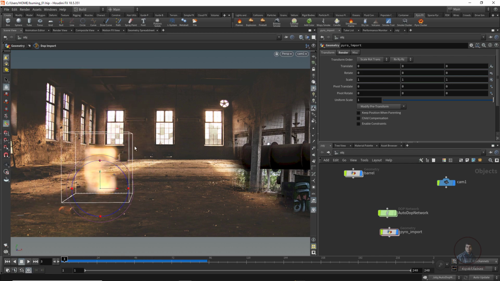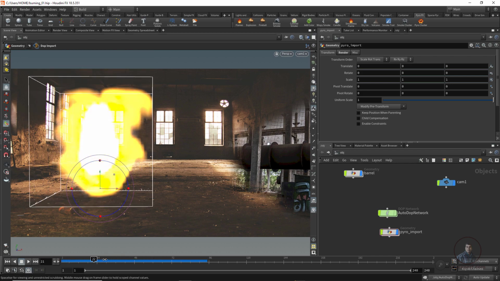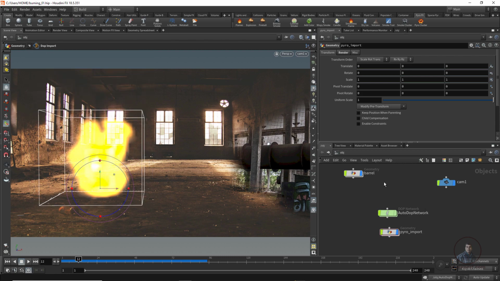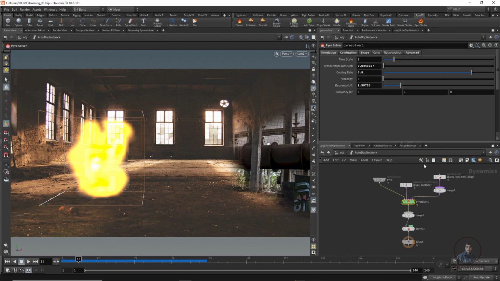After this we have to adjust our effect parameters, all these things here. So again open our DOP network here, remember this one. Double click here. Now you are inside this DOP network. This is also called dynamics. So now you are inside our dynamics, and whatever you want to adjust, you can adjust inside this.